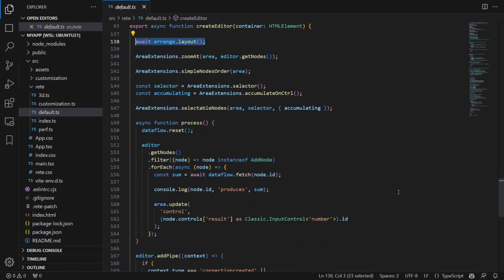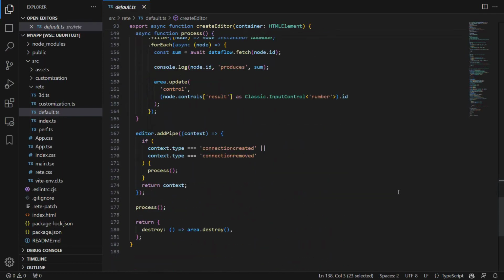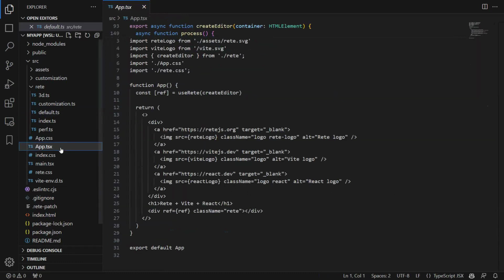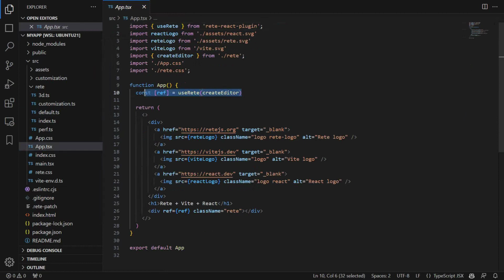You might be wondering why we see so much code for such a simple example. The answer is that it gives you an understanding of how everything works and provides you with the opportunity to flexibly configure it. Finally, the integration of the editor into our application. We have a built-in hook, but if you're using another stack, the approach will be slightly different. The principle is always the same, you just need to provide it with an HTML element into which the editor will be injected.